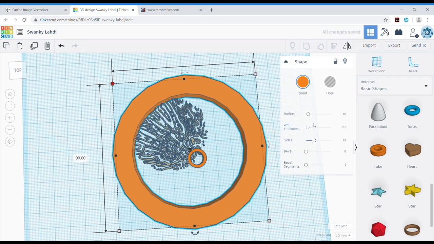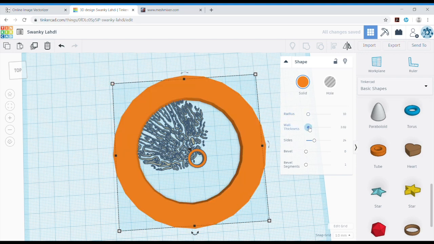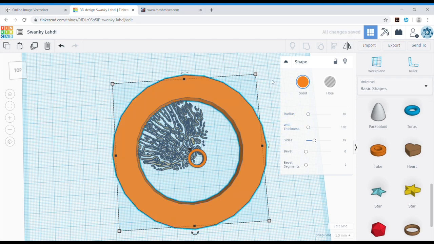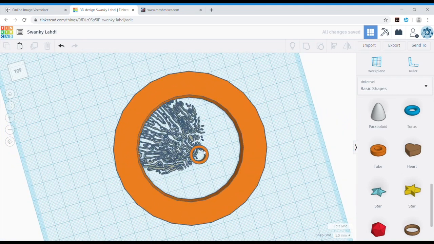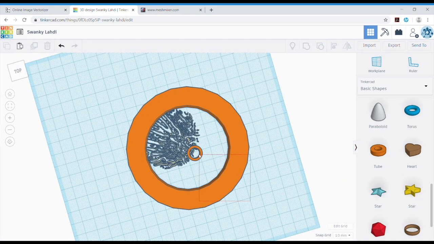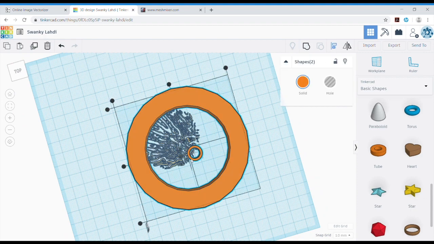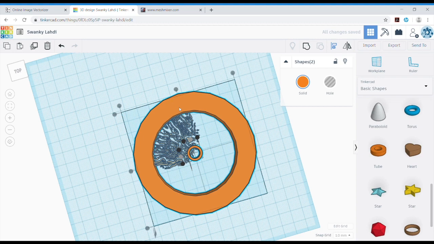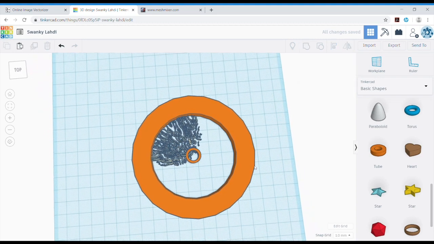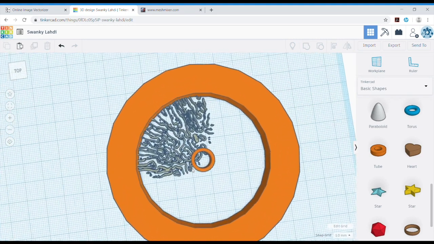You can also use the options here, for example, to increase the wall thickness if necessary. And of course center it, because this is my center point. So select these two, align, select this object, these two buttons here, and then it should be perfectly centered. Alright,